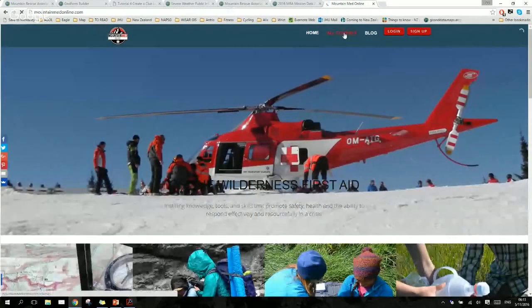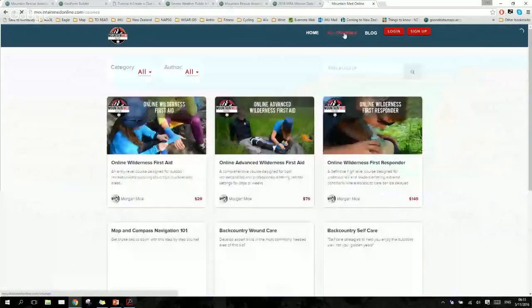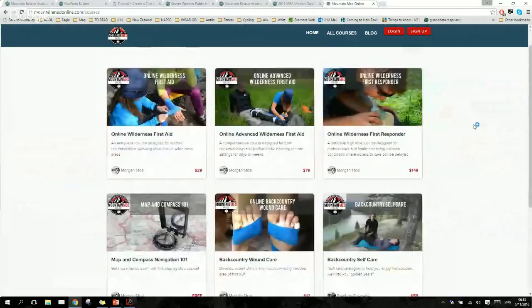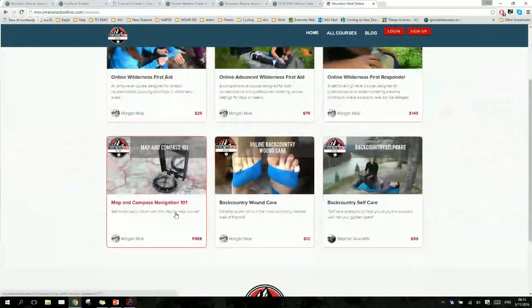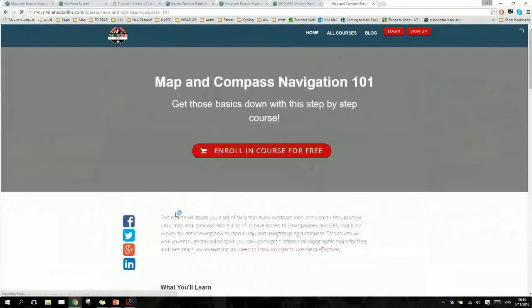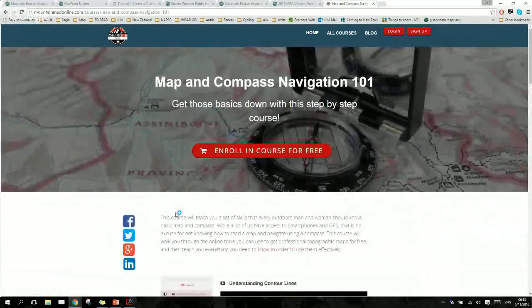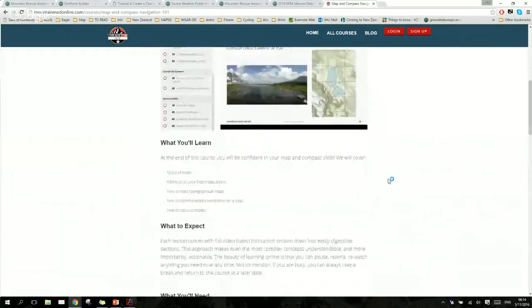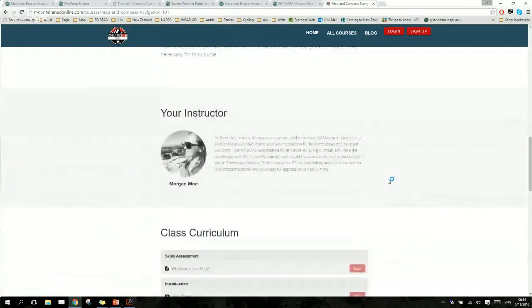And then from all courses, you'll see a number of the courses we have for first aid and other things. But in the bottom left there, you have Map and Compass 101. And anyone can sign up for free. As you go through, it's basically video lectures for each topic. And with every video lecture, there's usually some text, some pictures to read if that helps you learn a bit better. And then there's a comment section for every topic that we go through as well. So you can leave your comments, and there's myself and a couple other instructors that monitor that,